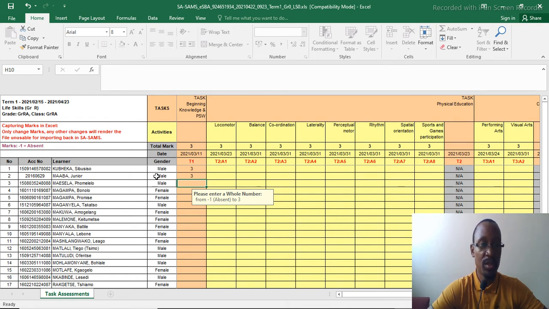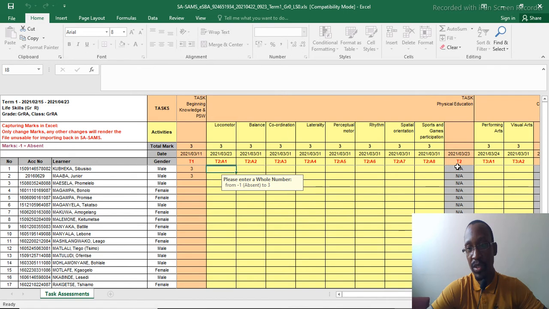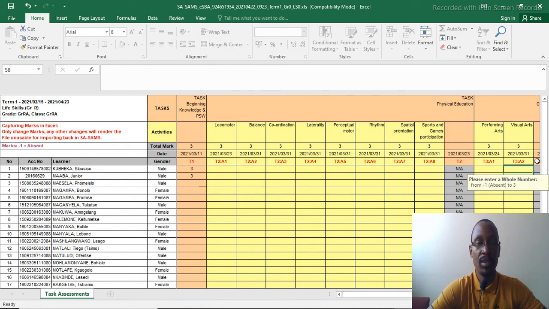And remember, you are not able to do anything or interact with any other input section of the spreadsheet other than the section where you are supposed to be inputting marks. And in columns or rows where you are not able to put marks, it means you are not supposed to be inputting marks over there. Now I'm going to work on this spreadsheet in terms of capturing marks, and then next when we meet will be in the step of